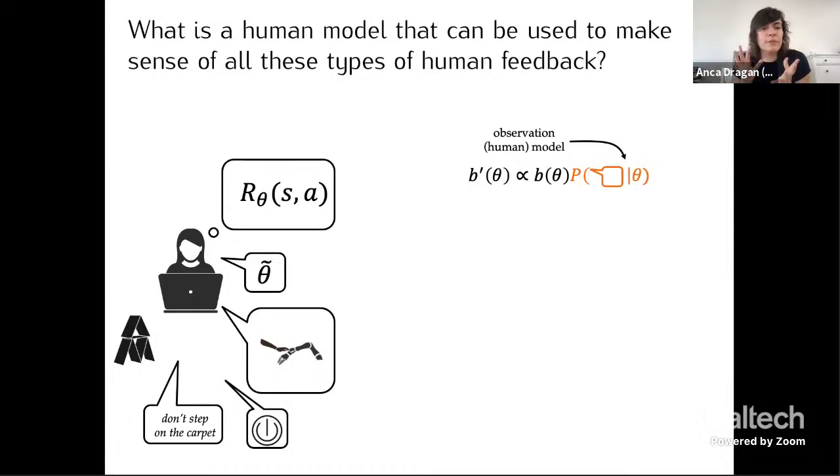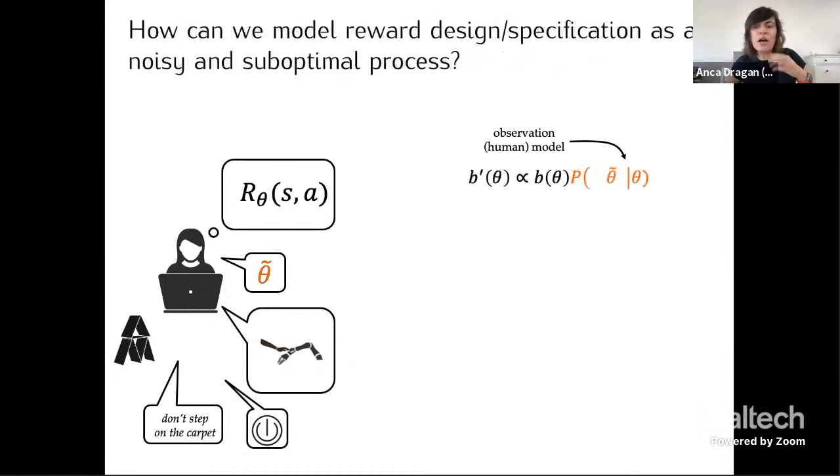And so now that we're on the same page about what the problem setup is, like we have uncertainty about the reward parameters theta, we use human feedback of various forms to learn about theta. What I want to do for the rest of our time together is dive into one of these feedback types first, talk about how we might do this in the special case of a specified reward.